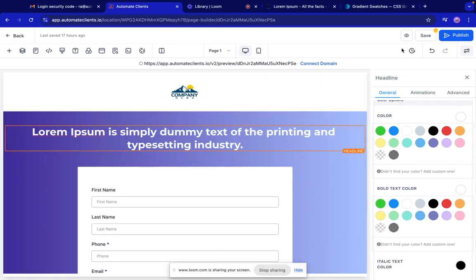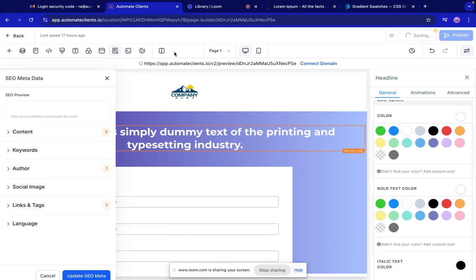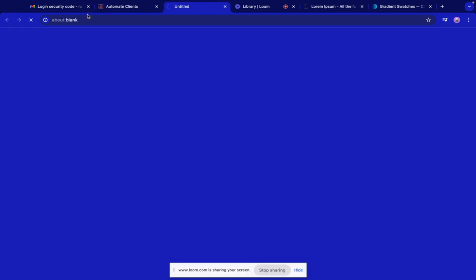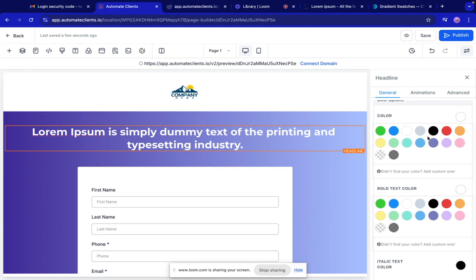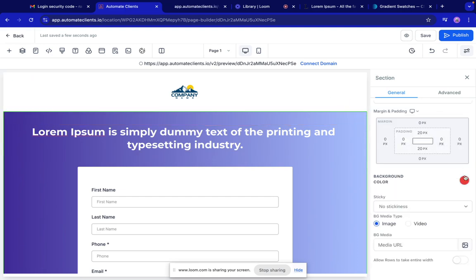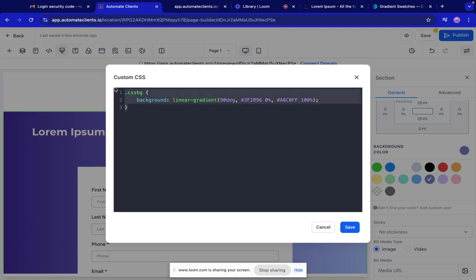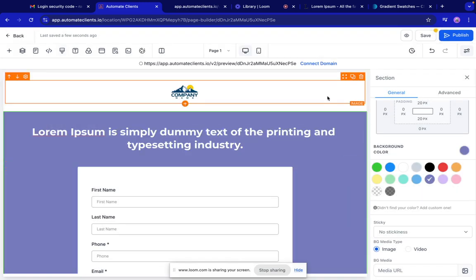It is implemented. I'll show you the difference as well, what the difference looks like between a gradient and adding a simple color, so you can see it for yourself. Right now we are using this purple gradient. Now what I'm going to do is change the section back to purple. Remember, in order to remove the gradient, you will have to remove the code and then save it. Once it is saved,